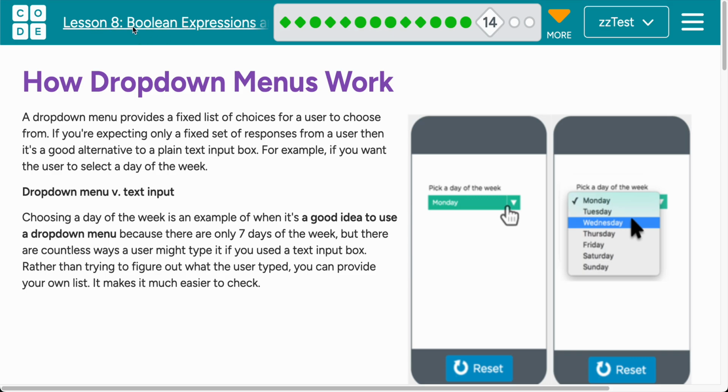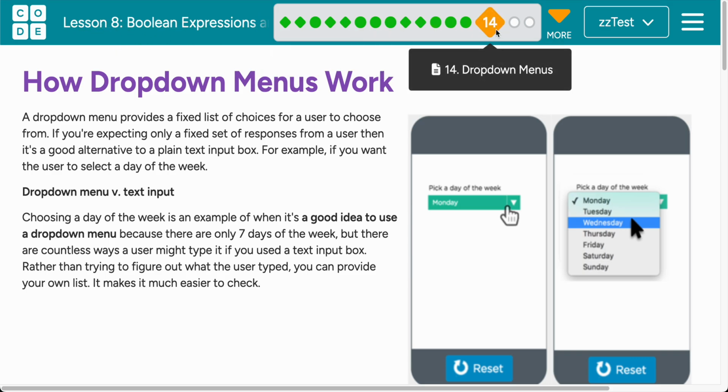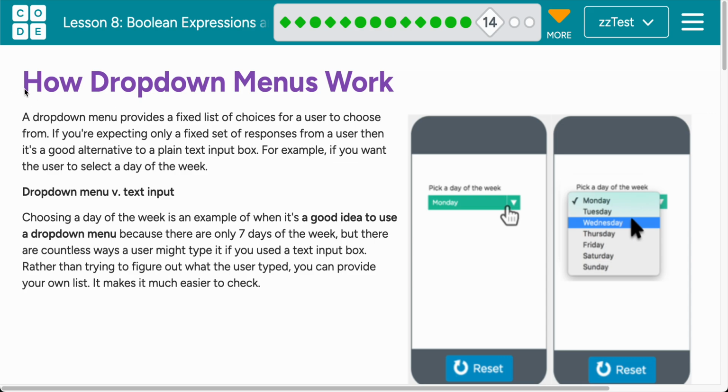This is lesson 8, number 14, how drop-down menus work. A drop-down menu provides a fixed list of choices for a user to choose from. If you're expecting only a fixed set of responses from a user, then it's a good alternative to a plain text box input. For example, if you want the user to select a day of the week, drop-down menu versus